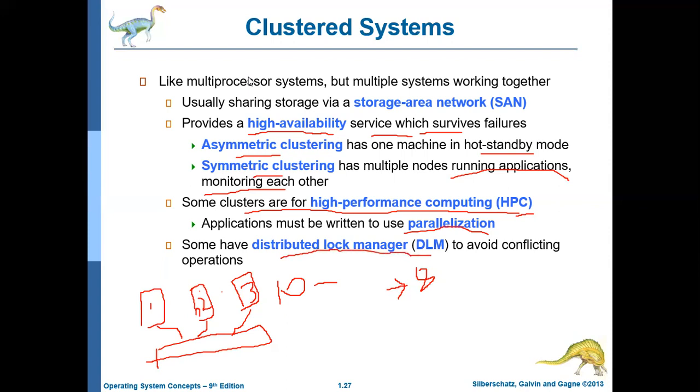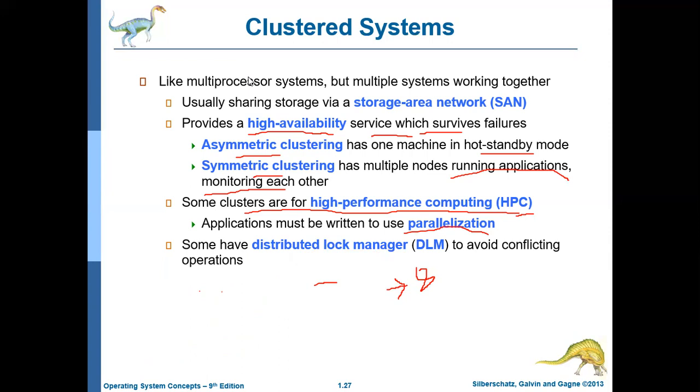So the clustered operating system should be able to do all these things. Okay. So there is a concept called storage area network. Storage area network, in the sense, the storage device can be shared among multiple nodes which are even separated by several kilometers. This is achievable by using a method called SAN. SAN stands for Storage Area Network.